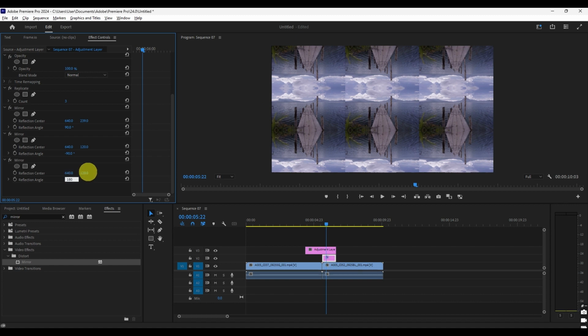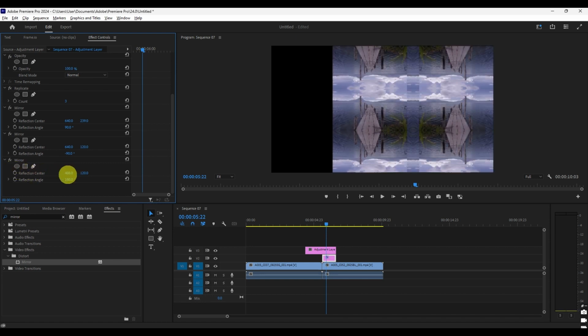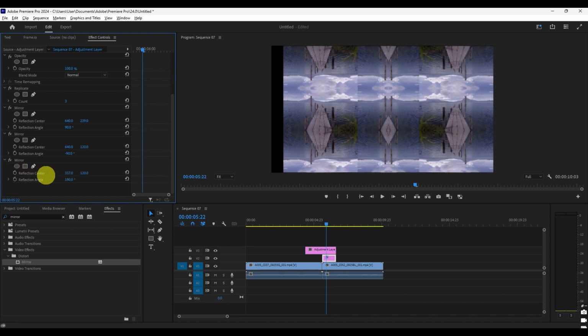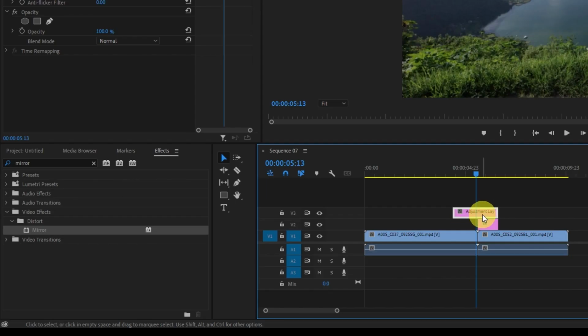Then for this mirror, you will have to set the reflection angle to 180 degrees and toggle on x-axis till the vertical line is removed. Then we copy and paste it for the last time. Then you will have to set the reflection angle to 360 degrees and toggle on the y-axis till the edge is gone. And once we're done with this portion, let's go to the next layer and finalize everything